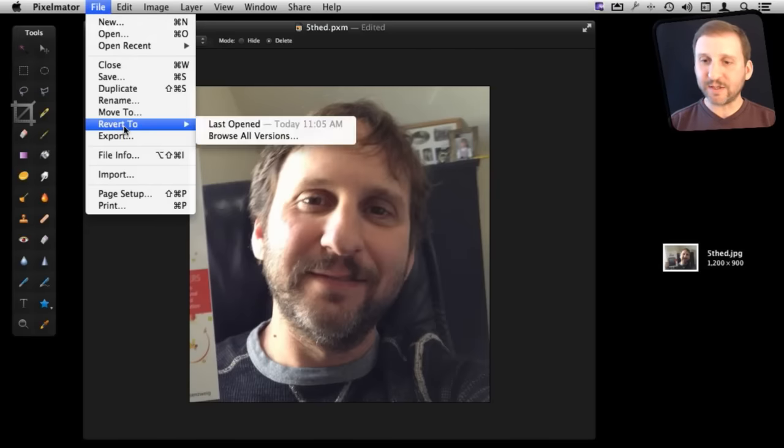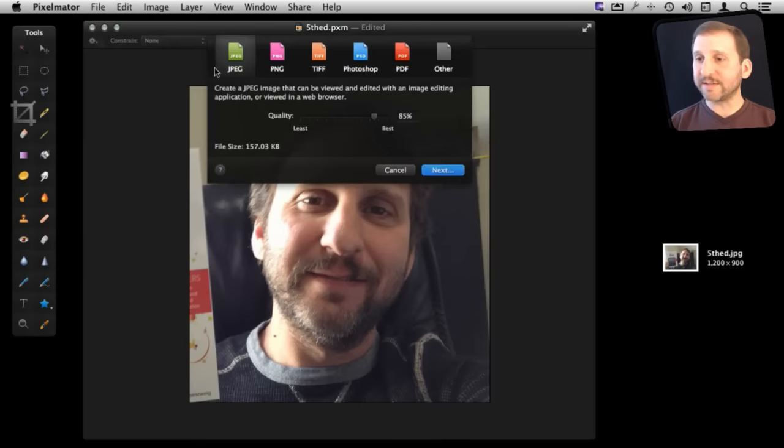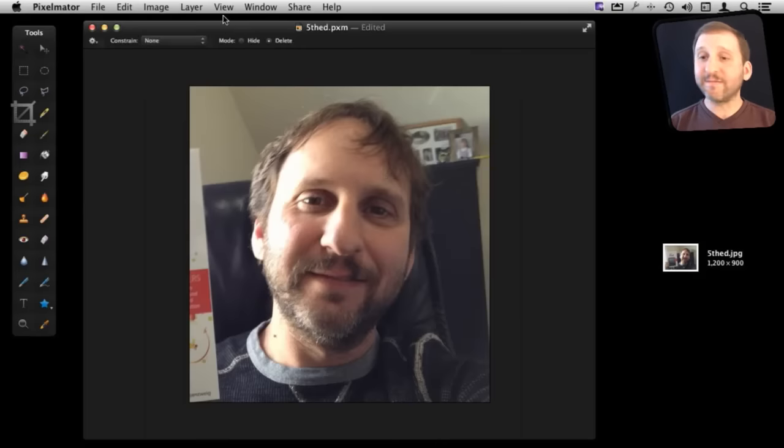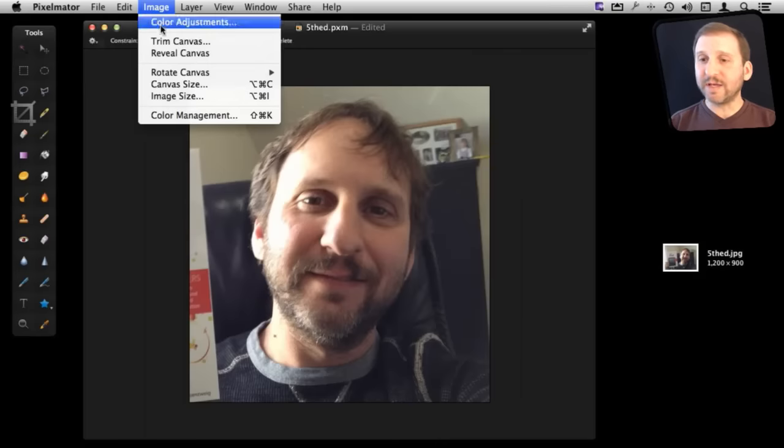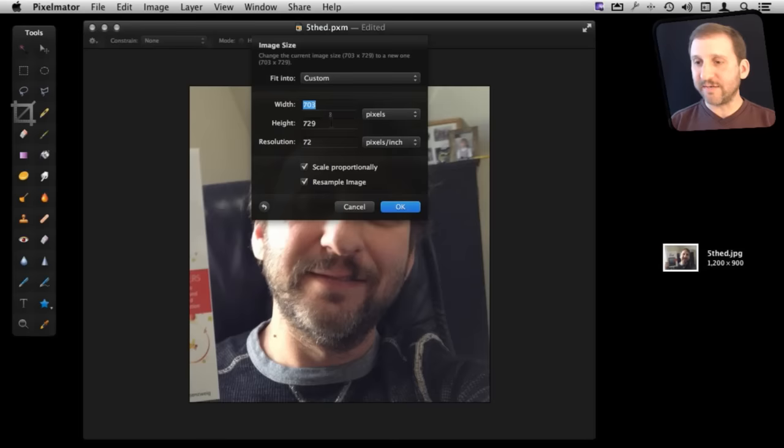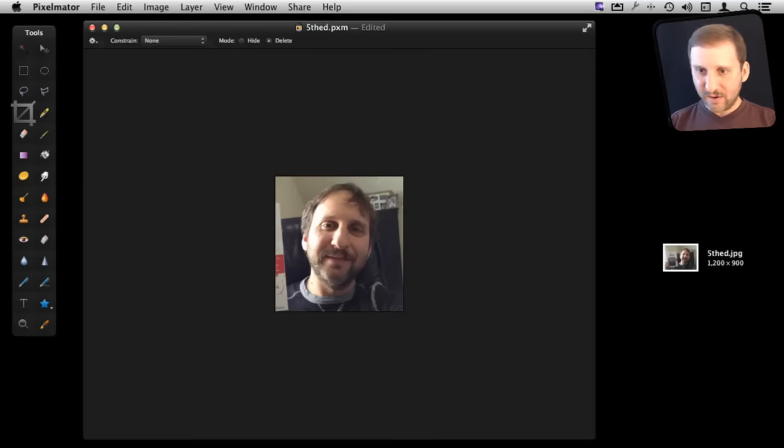So I go to File, Export, and from here I can decide what format. JPEG is probably what I want, and I can actually set the quality down a little bit to create a smaller size. What I may in fact want to do is actually change the image size first. So right now it's 700 pixels wide approximately. So maybe if I wanted to reduce this to about half or a little less than half, I can do a width of 300 rather than 700. So this will shrink the image down,